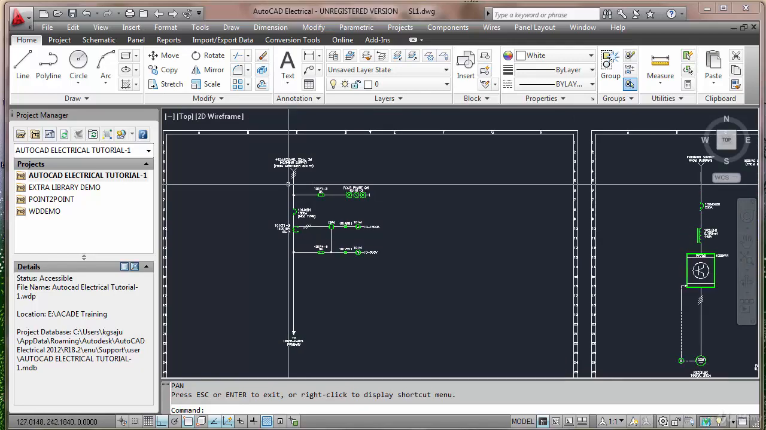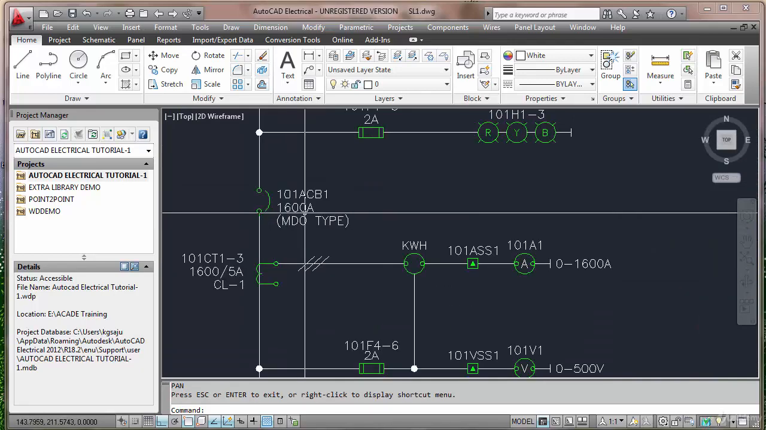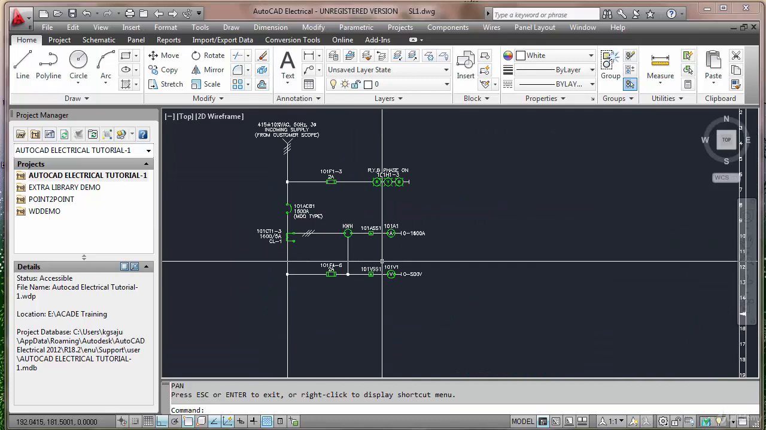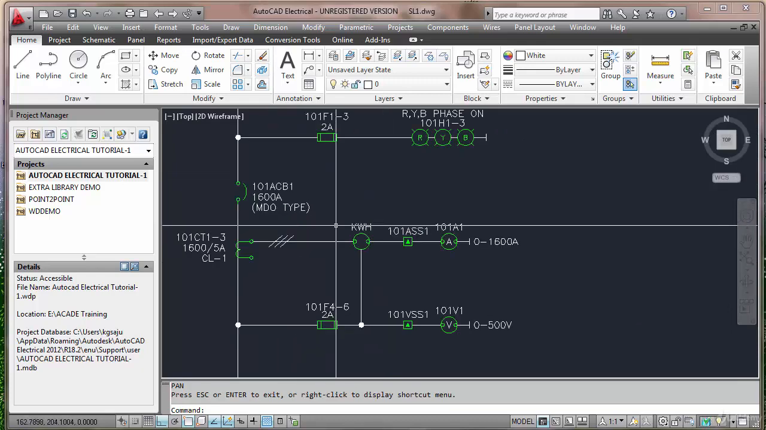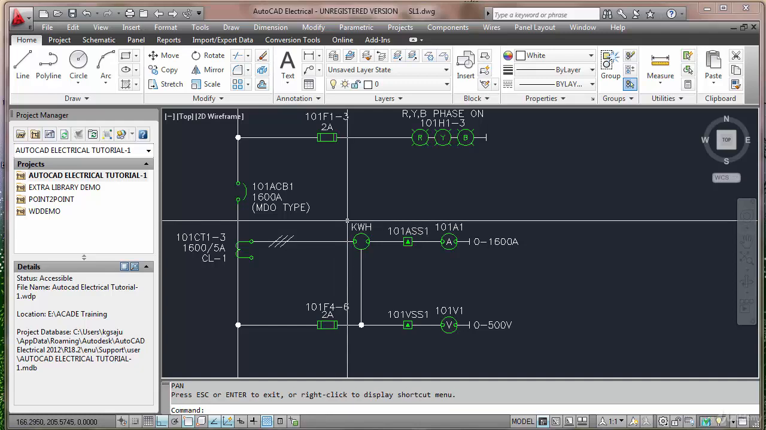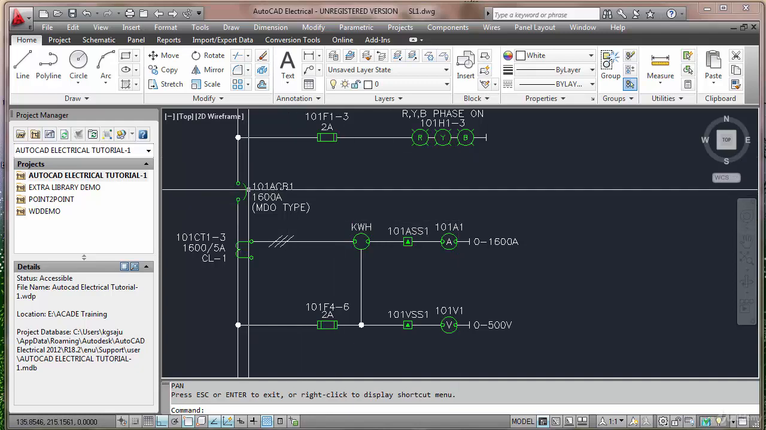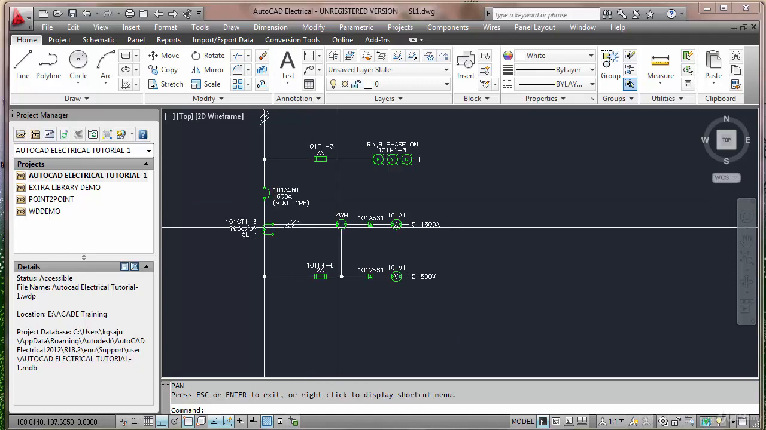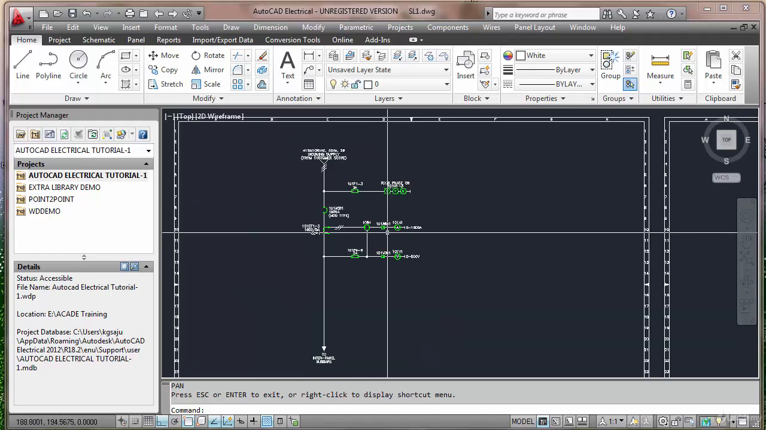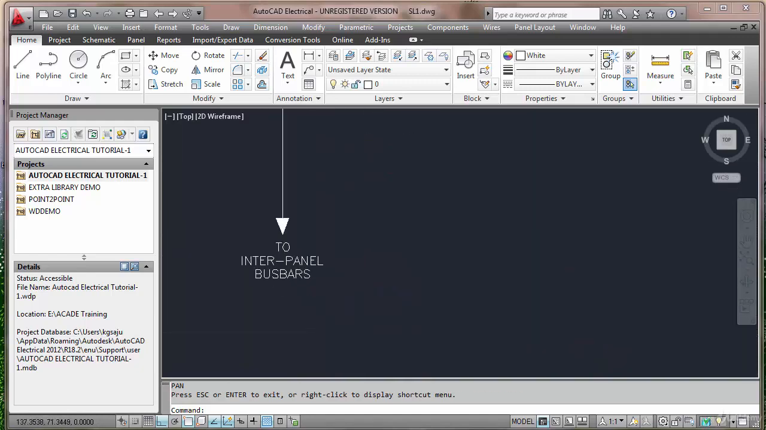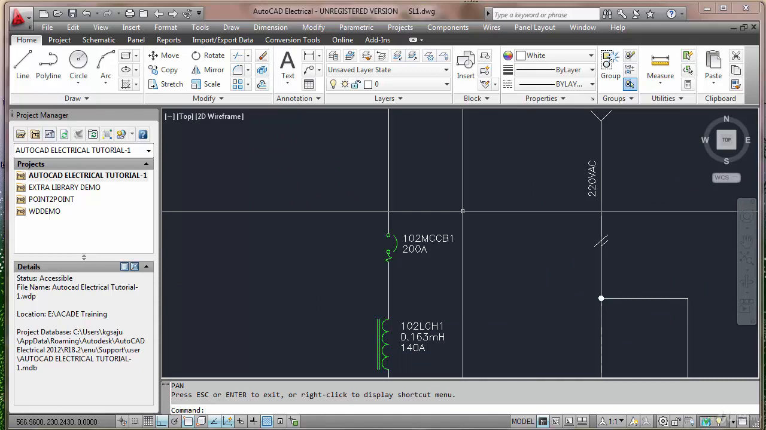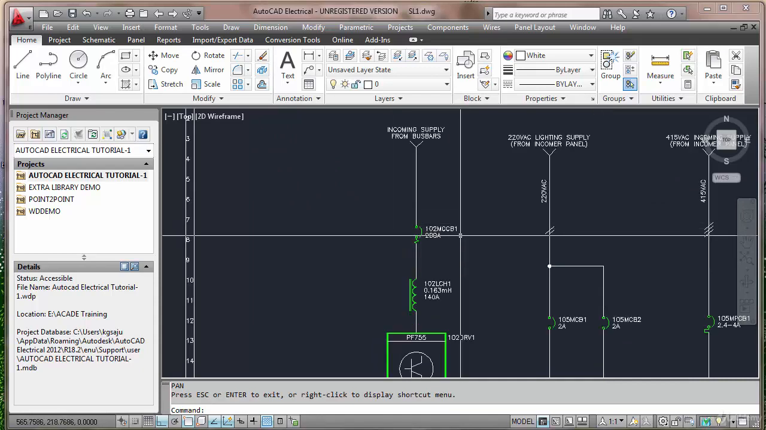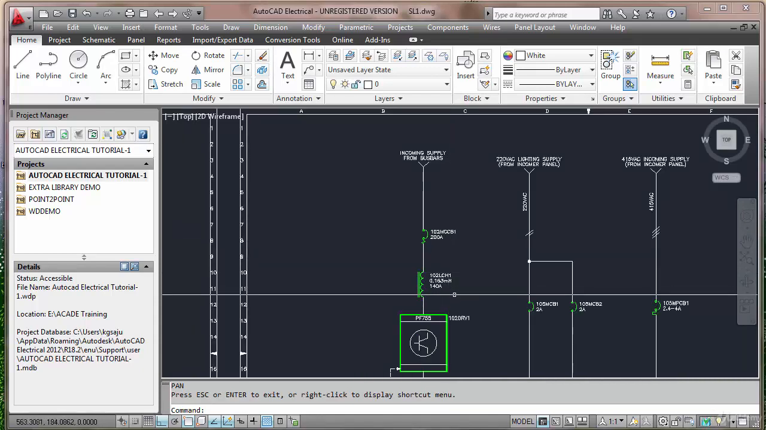The main supply is coming here. This is the ACB, and these are the indications which you normally see on the doors, RYB, whether the supply is coming or not, all the 3 phases are coming or not. Then only you can switch on the ACB. These are voltmeter, ammeter, current, and this will go to the interpanel bus bars, and from those bus bars, we will tap 3-phase supply through an MCCB and line reactor to